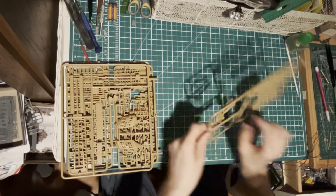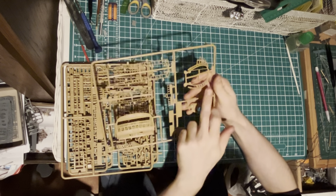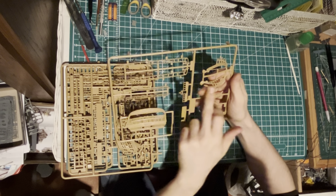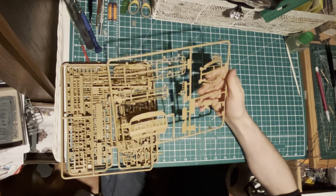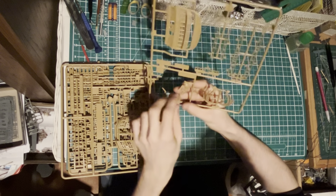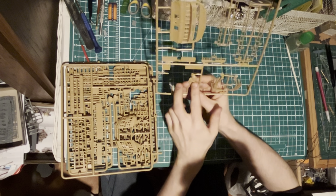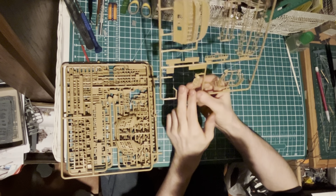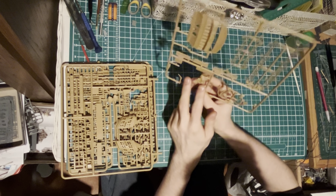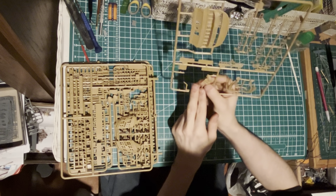Next up, we of course have parts here for our, this is the detail that goes on to the front of the ship's bow. We have part of her bow crest, which almost seems like an angel. I see a fleur-de-lis on here, although I'm pretty sure it's supposed to be a shield as it said, but